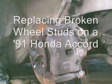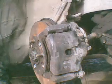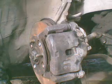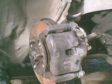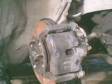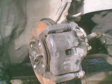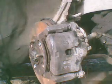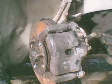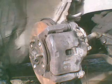Okay, I'm going to show you guys today how to replace broken wheel studs on this 91 Honda Accord. Now, I went to the Honda repair specialist here locally, and they told me I've got to take the ball joints out and pull this out and take this off, take the tie rod off, and then beat it out from the back, and that's what you got to do